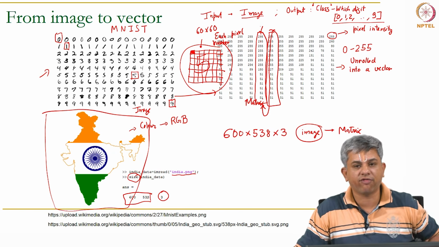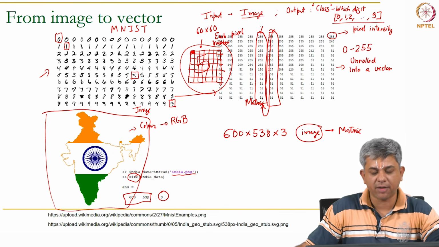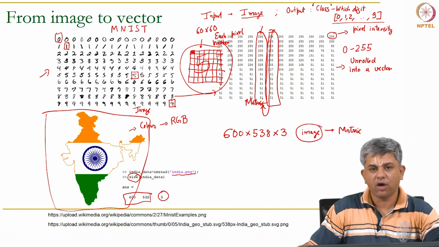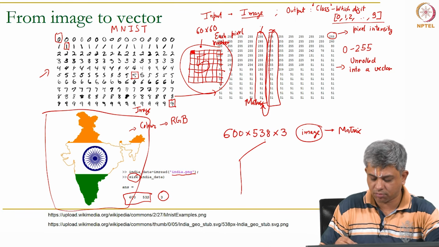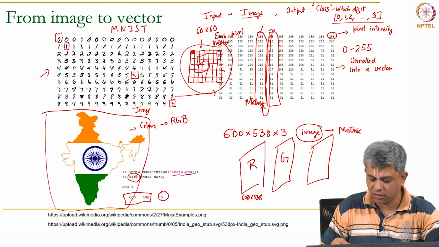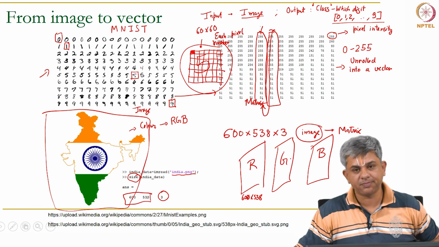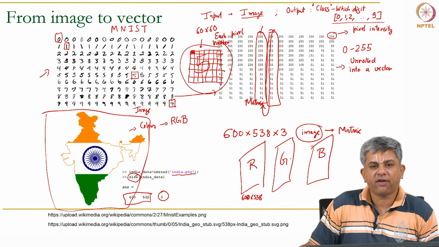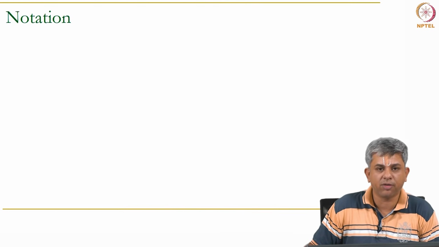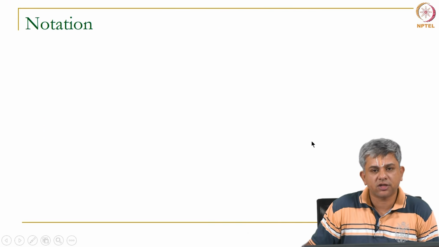Basically, this is a matrix of dimension 3: in the first dimension there are 600 entries, in the second 538, and in the third you have 3 entries. All this put together is essentially a stack of 3 images, each of which is 600 cross 538. So, you can have R, G, B. The takeaway point from this slide is that you can take any image and turn it into a vector or a matrix of numbers. Please do remember this, as we will be dealing with such vectors throughout the course.